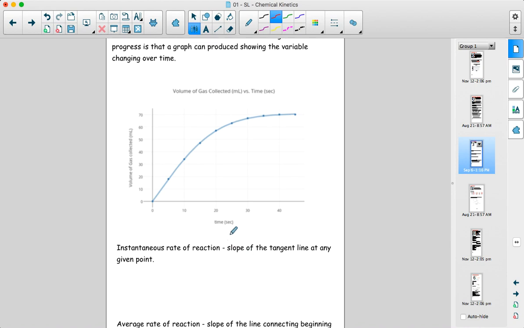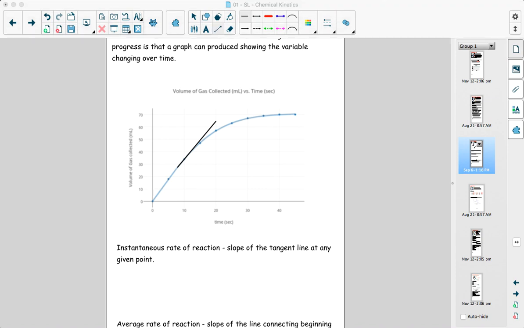So to get the rate of change of a graph, you want to get the slope. So if I want to know the rate of reaction at any one given point on this graph, then I need to draw the tangent line to this graph at a particular point. So at the time in question, so let's say it's at time 10 seconds, we want to know the rate of reaction. We draw a tangent line to the curve at that exact point,